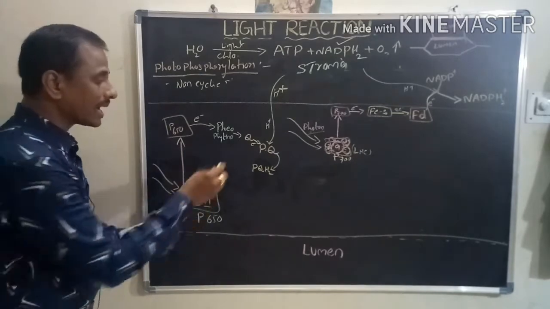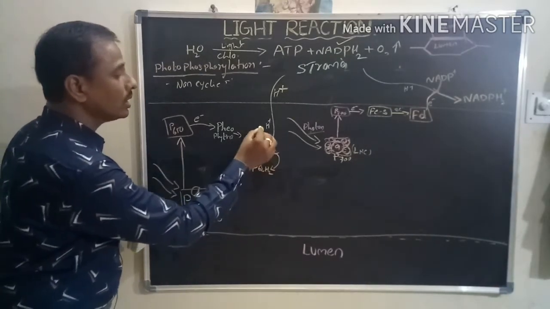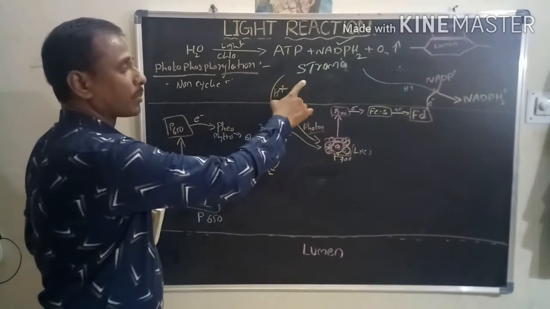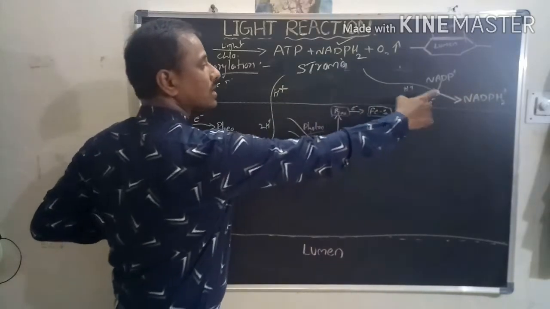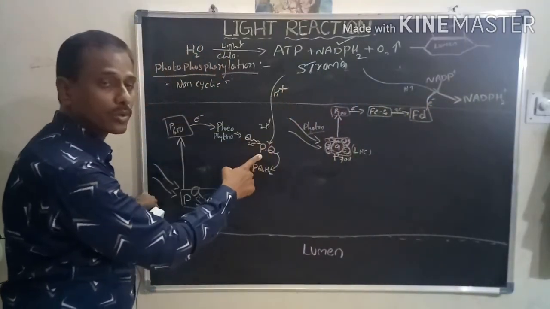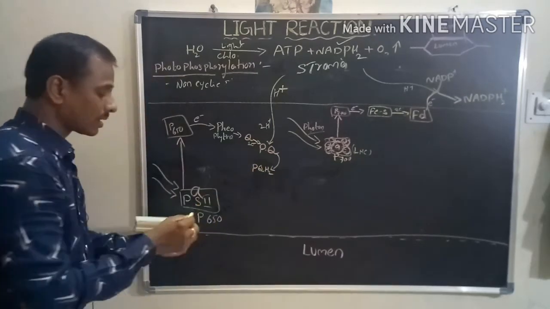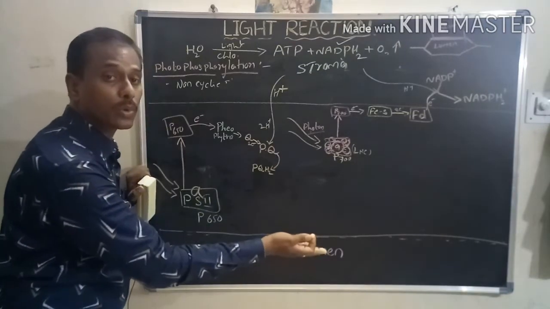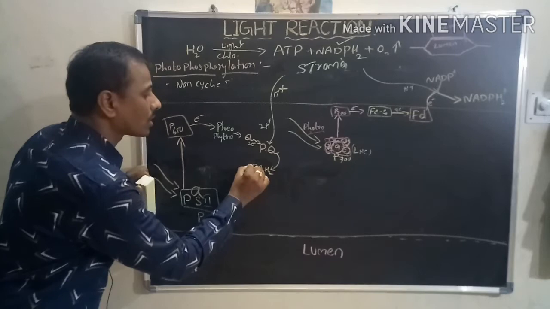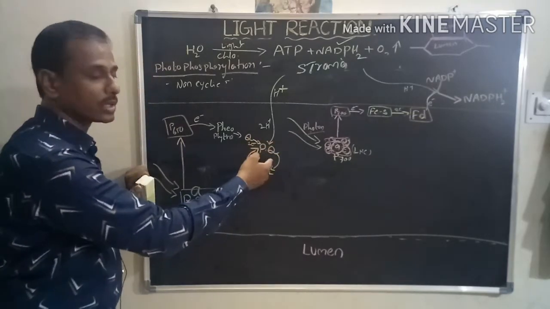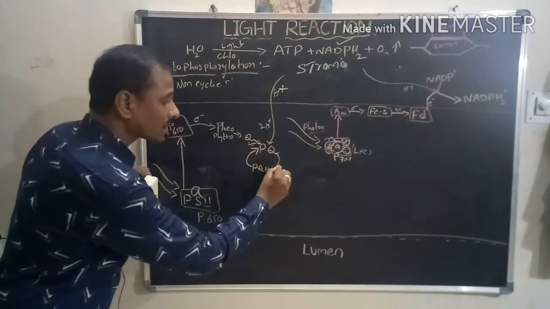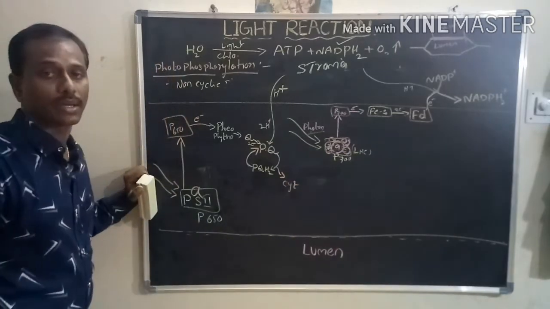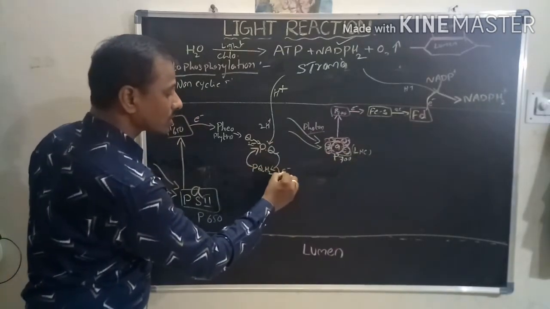So here 2 electrons are transported to plastoquinone, and 2 protons are transported to plastoquinone from the stroma. See here, the proton supplier is the stroma. It supplies the protons to NADP and supplies the protons to plastoquinone. Next the plastoquinol goes through oxidation because it releases its electrons to the next protein. When it lost its electron, it is reconverted into plastoquinone. Electrons are transported to the next protein, that is the cytochrome protein.